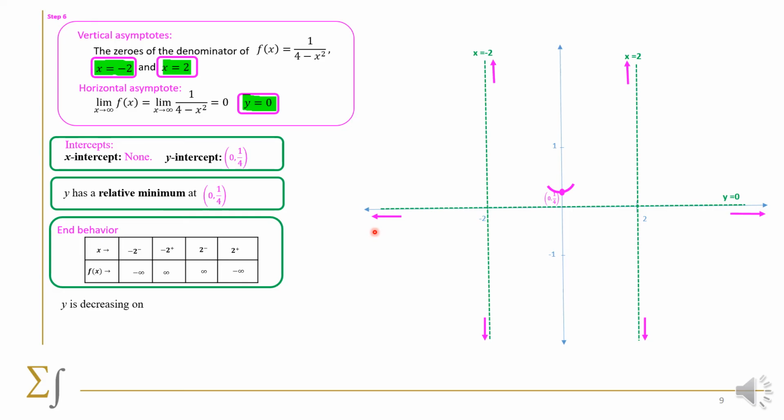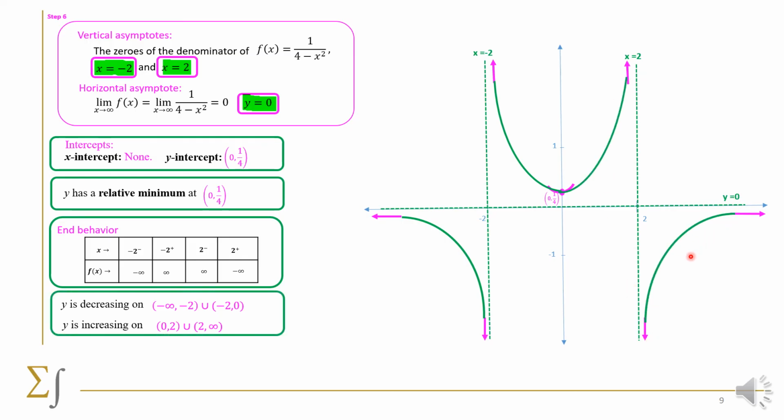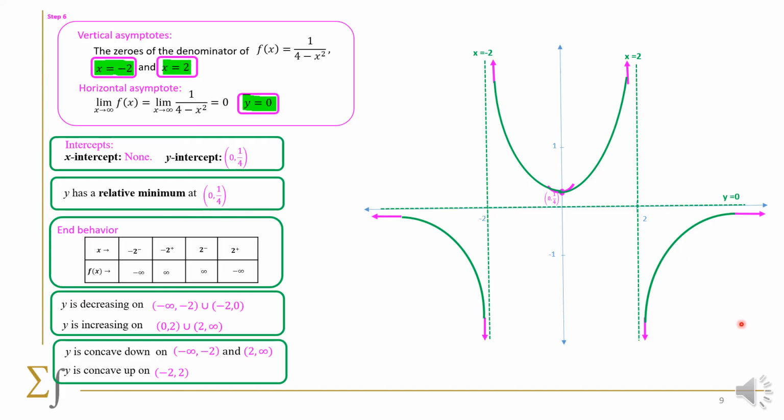Now we see that the function y is decreasing on the interval from minus infinity to -2, also from -2 to 0. So we put this on the curve, yes, and we see that it is increasing from 0 to 2 and from 2 to infinity, we put this on the curve. Yes, we get this. And now let's see what happened to the concavity. It's in agreement with what we've got. It is concave down on the intervals from minus infinity to -2, and from 2 to infinity, this is concave down. And here between -2 and 2, it is concave